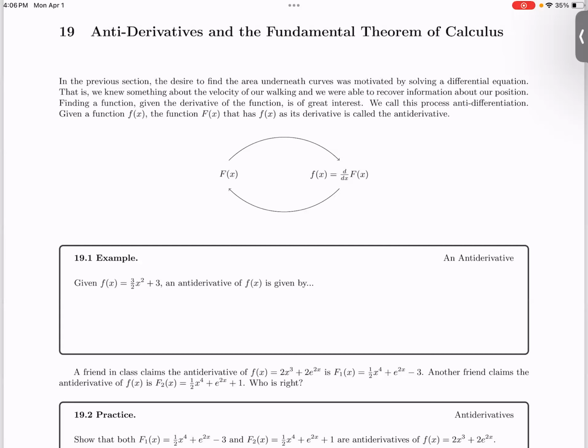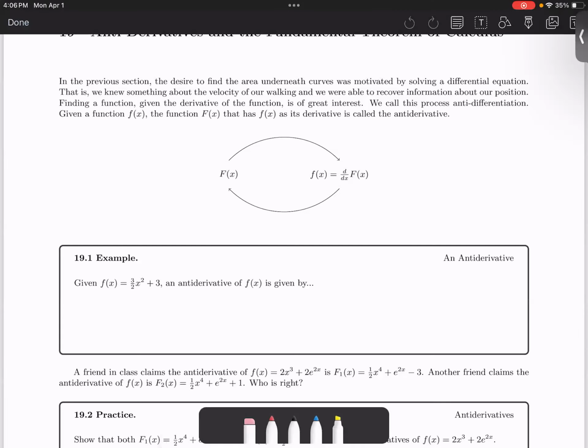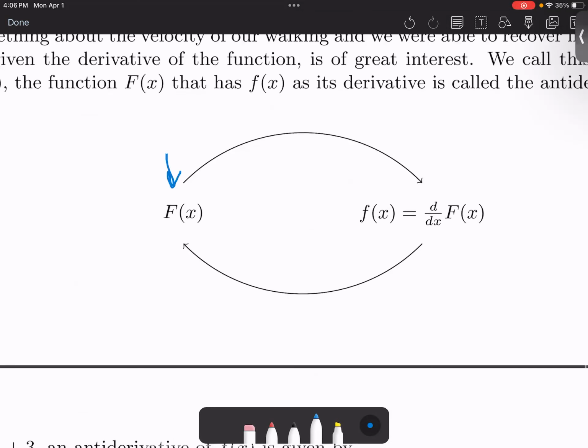Example 19.1 introduces the idea of an antiderivative. For most of calculus, a student spends their time finding derivatives of functions. So given a function f of x, you can differentiate f of x. You can plug that function f into the derivative operator, and the derivative of it,